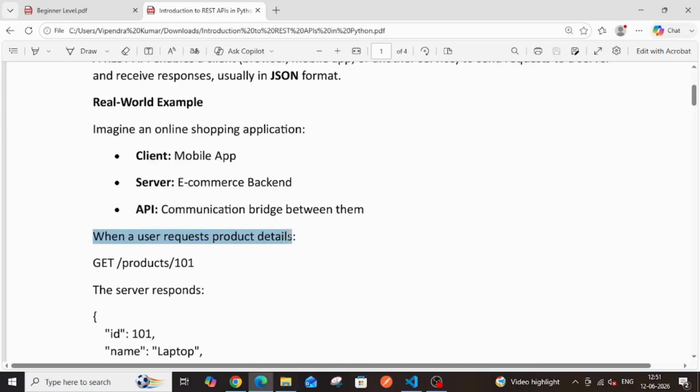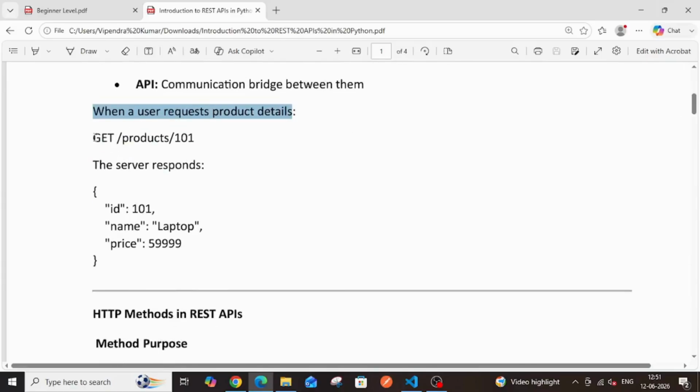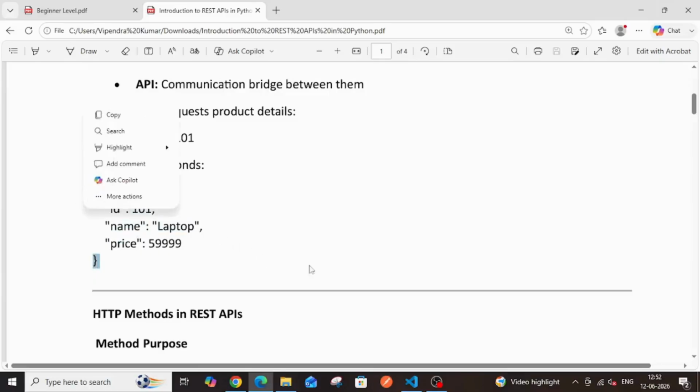So when the user requires product detail, for example, this is a GET method. The product ID is 101, and the server responds: this is ID 101, name is laptop, and price is this. This response is received by the mobile. Mobile is a client. Or for intercommunication, if you have a desktop and internet, you want to call the services